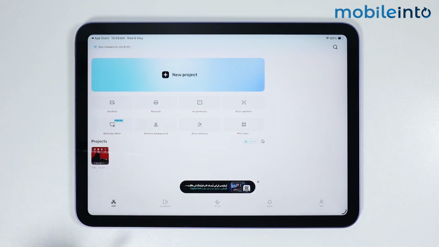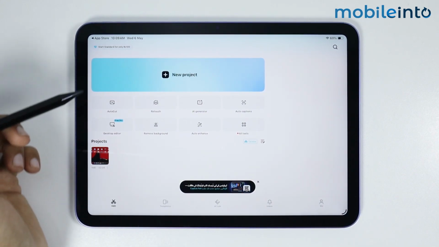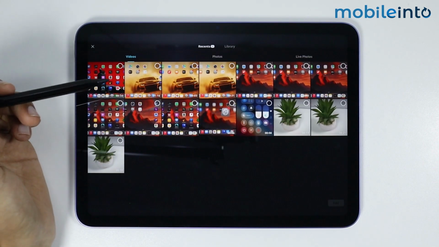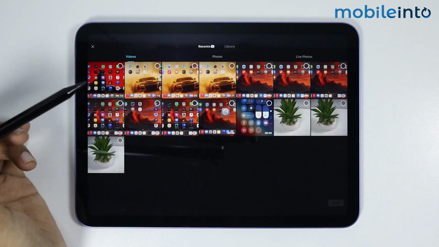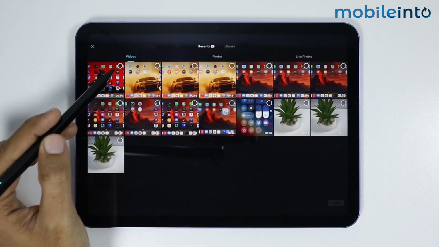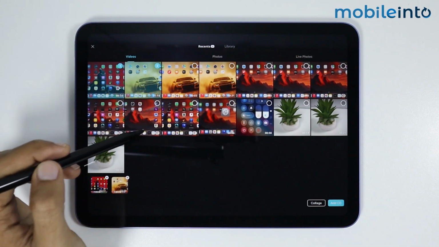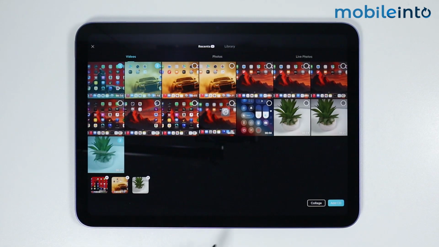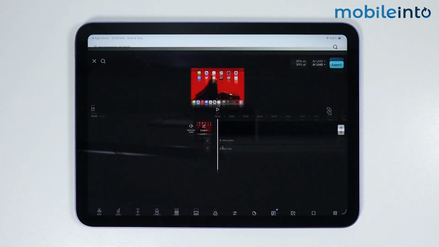And you will see this interface. Now to start a new project, just tap on New Project over here. Now just select the videos which you want to edit from your Photos app. For an example, I will select these videos. Now after you select the videos which you want to edit, then just tap on Add, and you will start